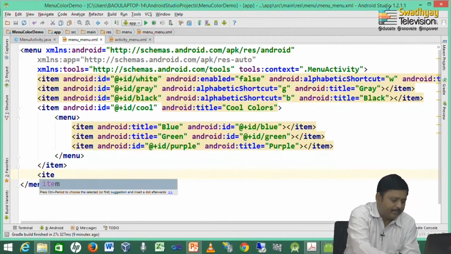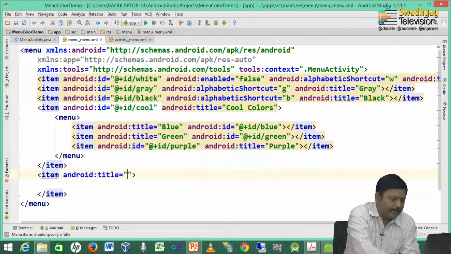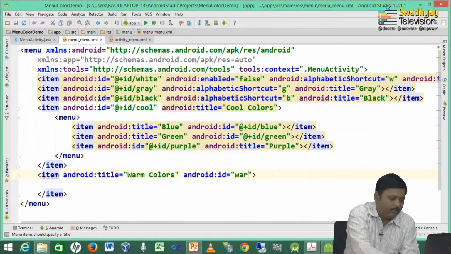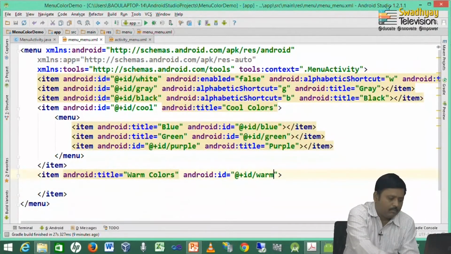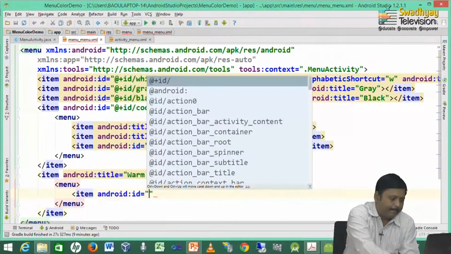Next we create the warm colors group. So, here I am writing an item with title warm colors and ID warm, and inside these we create a menu with 3 menu items with ID.